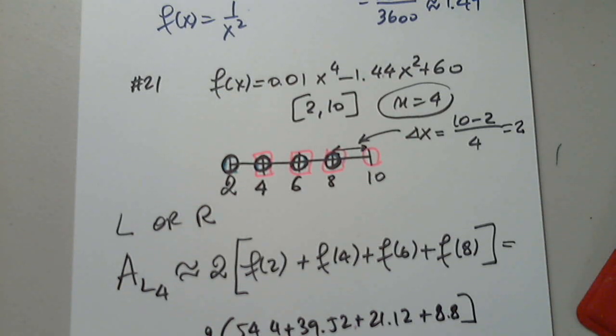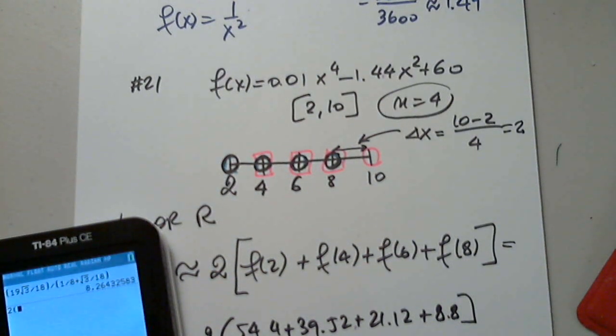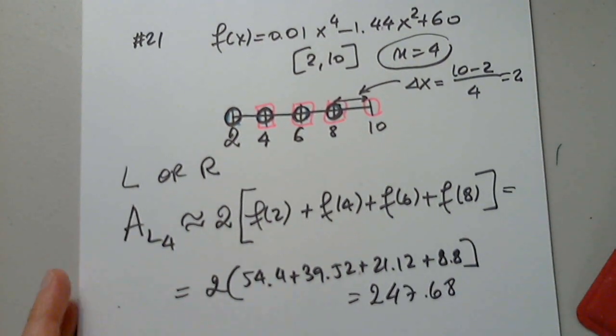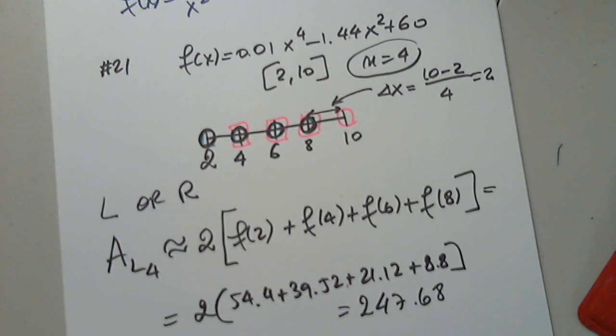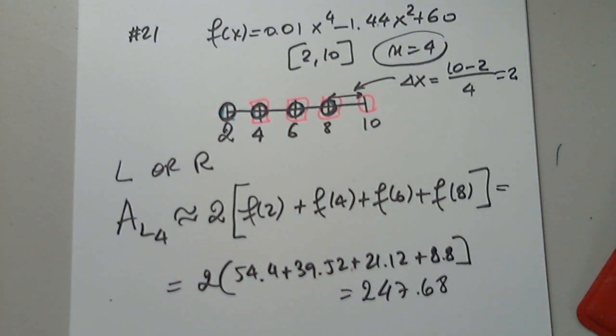And now, I thought I had my calculator here. Just quickly, I have 2 parentheses 54.4 plus 39.52 plus 21.12 and plus 8.8. Done. So the area is 247.68. Any questions on this problem? Any questions? Is it clear how we got to 247.68? Yes. Perfect. Okay, I think I have a little